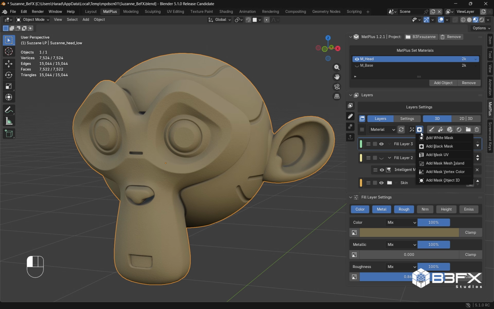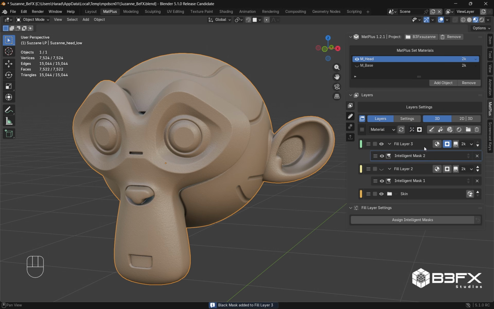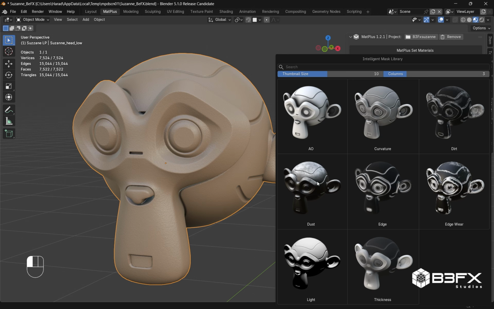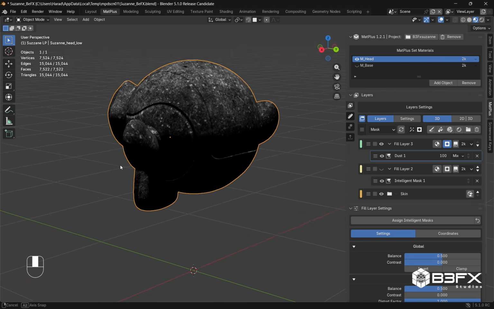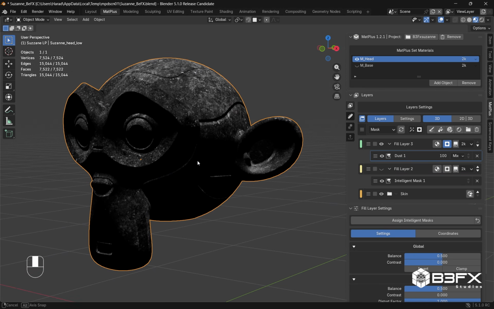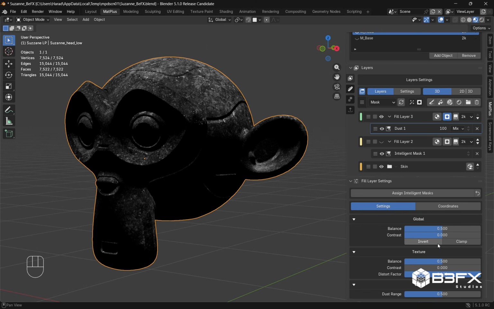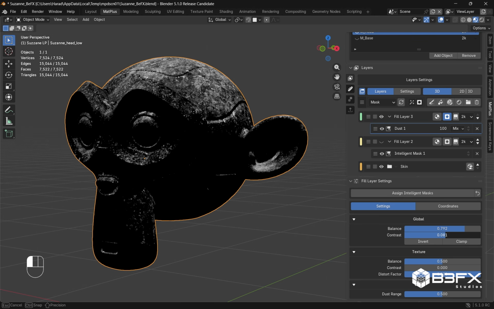So let's just go ahead and add a black mask, and let's create our intelligent mask, and this time we will use our dust. We can just go into the mask view and we'll be able to see what's actually happening with our mask. If we come down here to this section, we will have some settings to tweak, such as global, where we will be able to increase the level of dirt and the contrast, of course, and set settings for the texture balance,